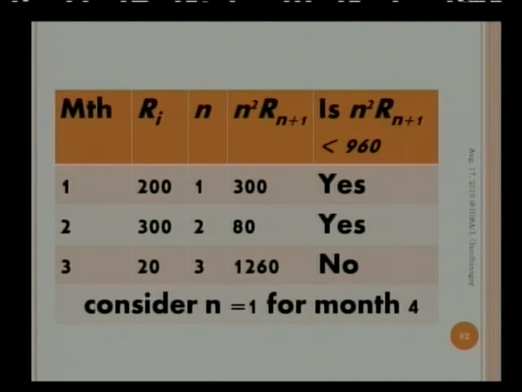So let's have the first group. In the first row, R(n+1), that is the demand of the next period, that is the second month, which is 300. So 1 squared into 300, so n squared R(n+1) turns